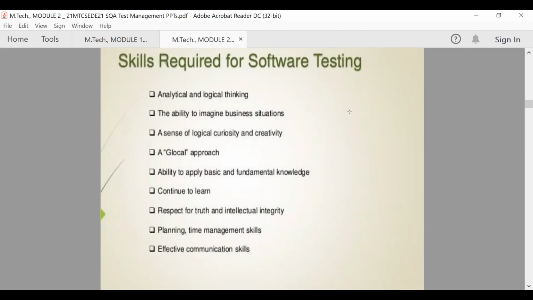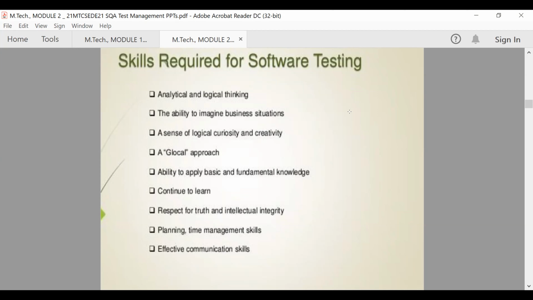The ability to apply basic and fundamental knowledge. You should have basic and fundamental knowledge about programming, the project, the domain, and continue to learn. You should have the intention of continuous learning, so that whatever idea you come across, whatever you learn through magazines or journals, you can make use of to create a new idea.